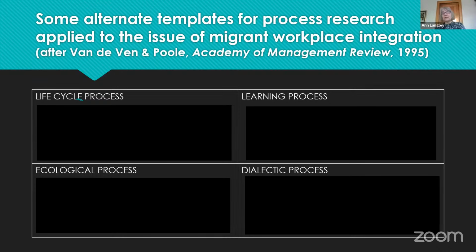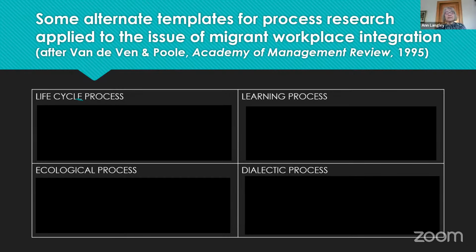They've had many refugees come to Sweden, and organizations and governments are struggling with how to ensure workplace integration. It's clearly an important factor that can explain whether refugees can